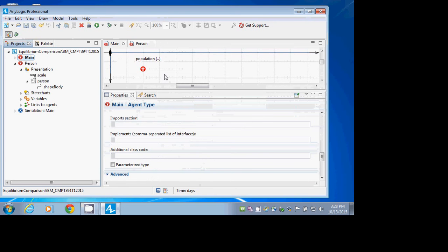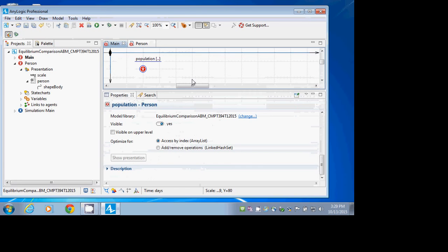So any questions on what we just did? It's a broad issue. What fraction of that population of 1,000 do you think are going to be infected at any one time? Roughly. Well, it should be very similar, I would argue, to this. So let's go figure out how we can calculate that. So first we have to calculate how many people are infected at a given time. Okay? So ladies and gentlemen, let's go to the population here. Okay? We're going to go to the population, and we are going to go to the statistics area of the